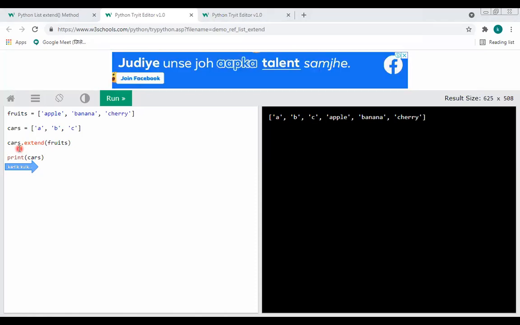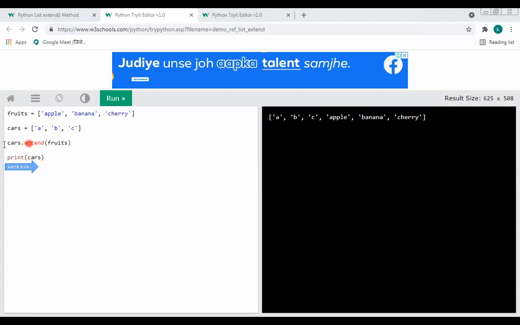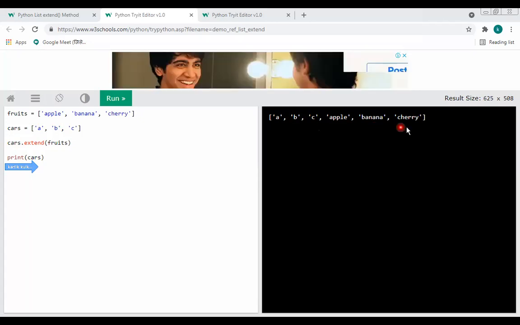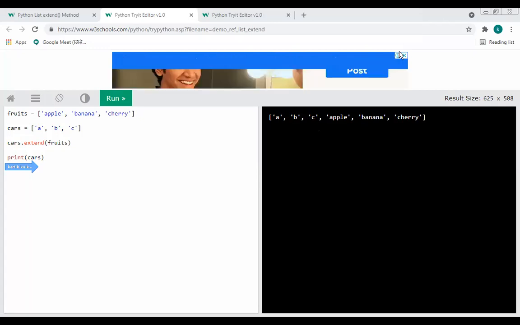Whichever element we want first has to be written first, so I have written cars. That's why the A section, B section, and then the C section are there, and then the remaining apple, banana, cherry elements are displayed. So this is how the extend method is used in the Python programming language.